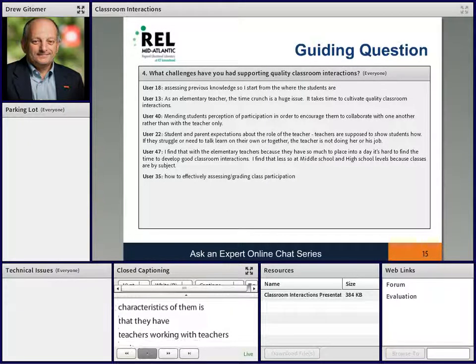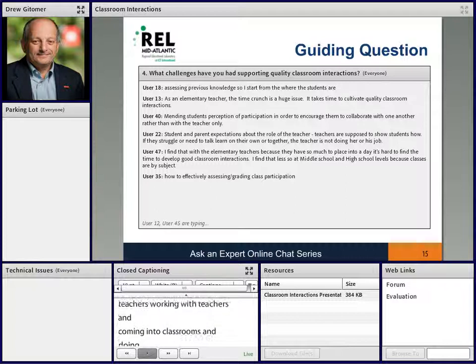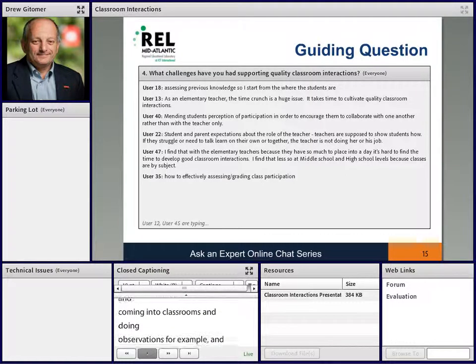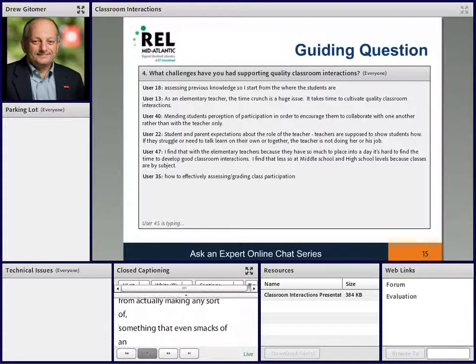In some places, and they could be urban districts or done by state, there may be union rules that preclude teachers from making anything that even smacks of an evaluative judgment of another teacher. So I don't think there are any hard and fast